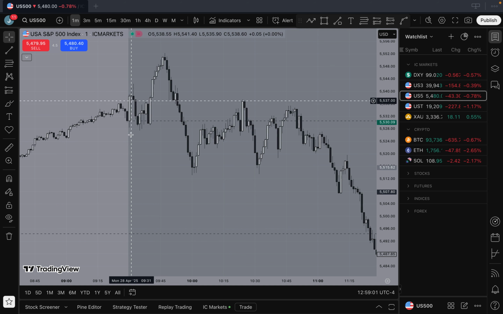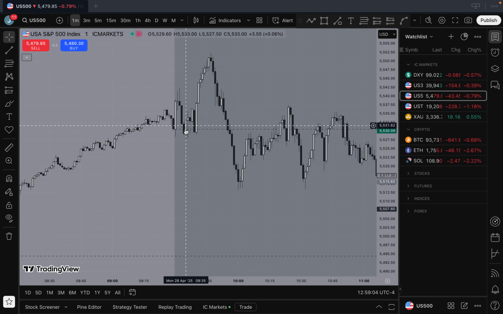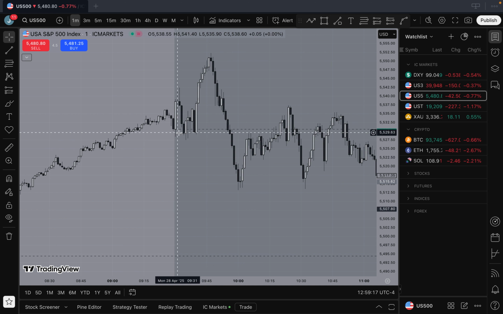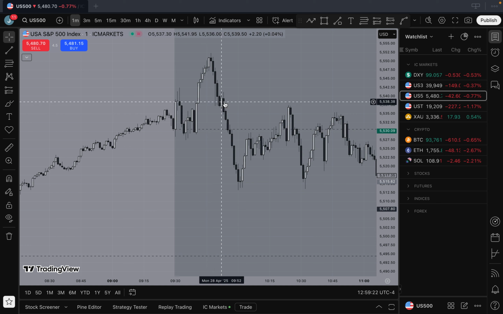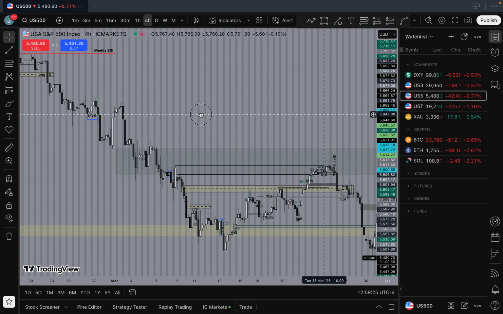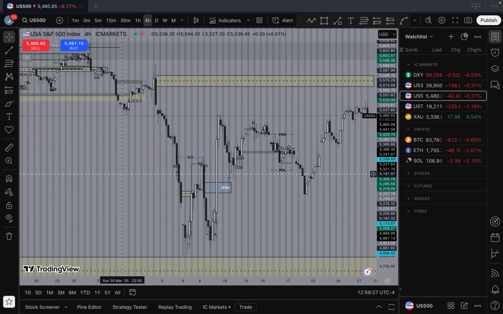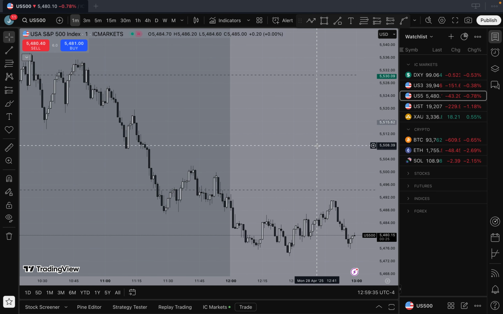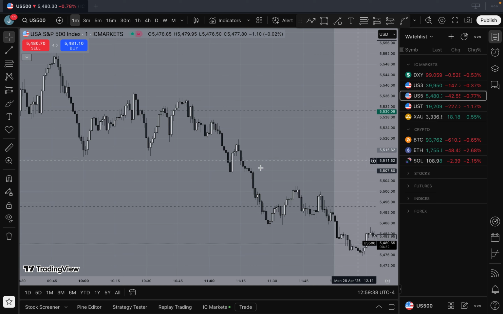I was looking at this and thinking maybe we could go short, but that's not enough to displace it for me. This low wasn't taken fully by the candles. I would be expecting a move more like this to occur around here if I was to take that short trade, and then combine that with my higher time frame bullish target up here. I still feel like this is the draw on liquidity. So that's why I didn't get in around 9:30ish, just because I wasn't sure.